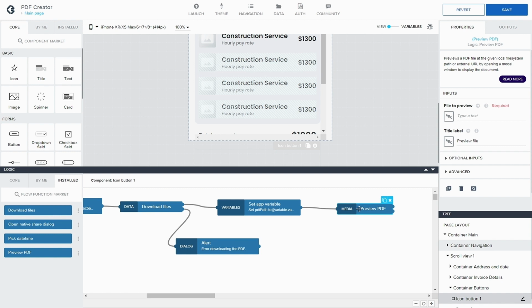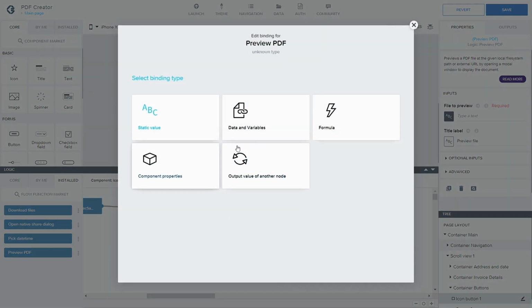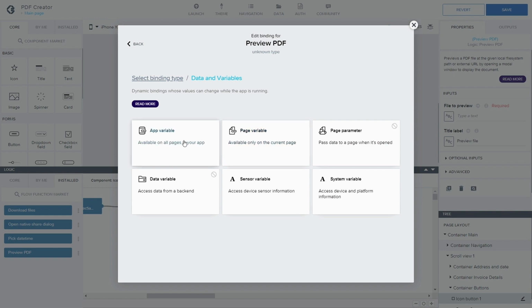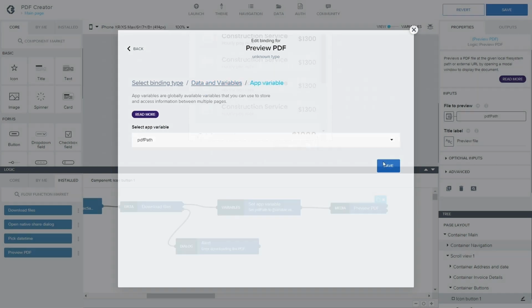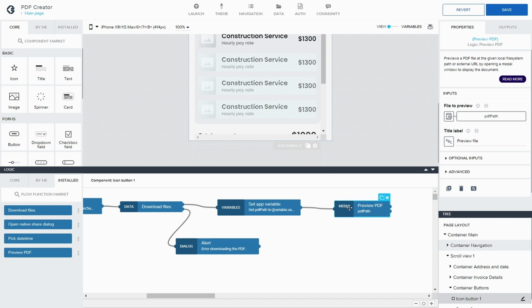And with that, what I want to show is again the app variable, and that is the path. And if that all went well,